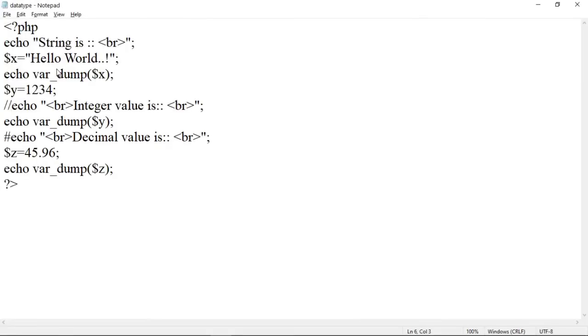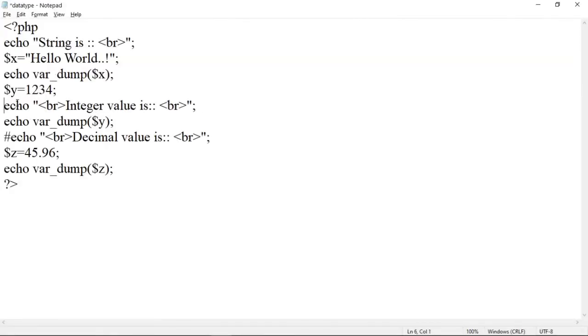Now save this program and let us run this program again. See here, those two lines are ignored while execution. Those are not visible in the output. If you want to ignore more than one line of statements while execution, then you have to use multi-line comments. Suppose we do not want to display this decimal type of value, then you have to start a comment from this line. So slash star, and we have to end with these lines. So star slash. Save this program.